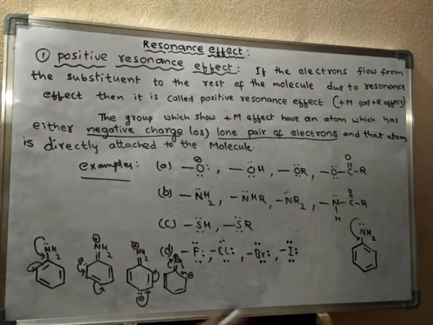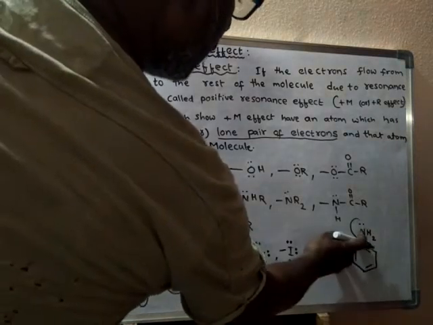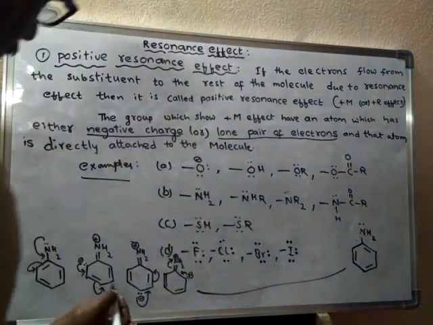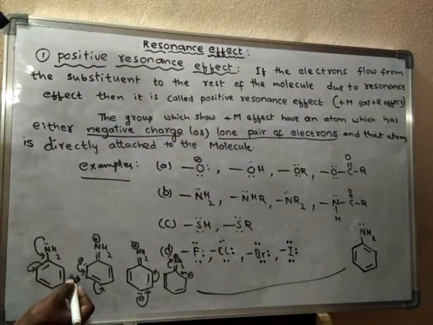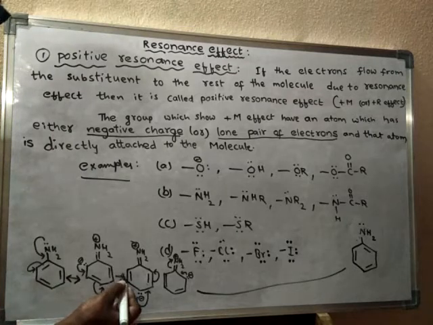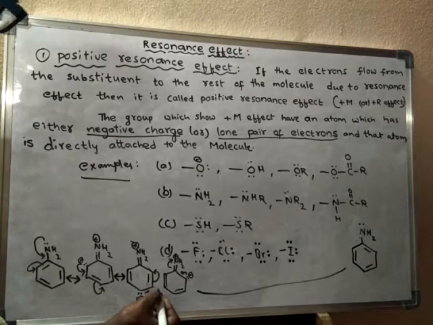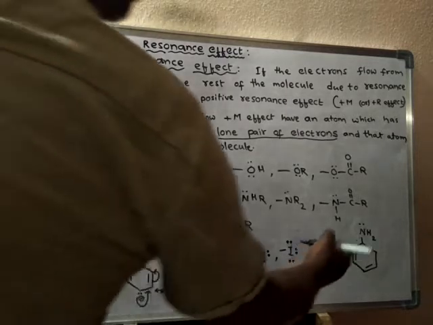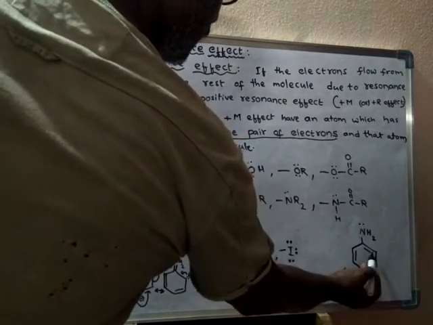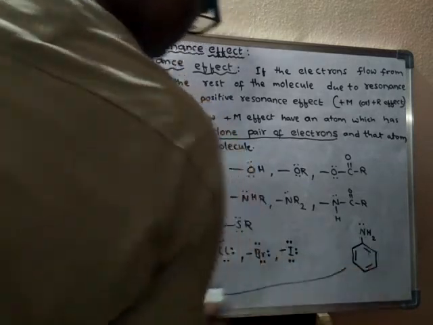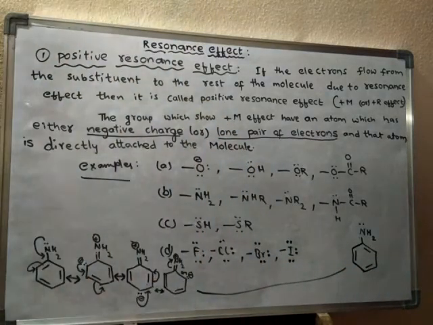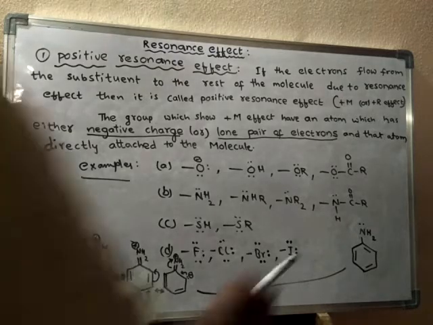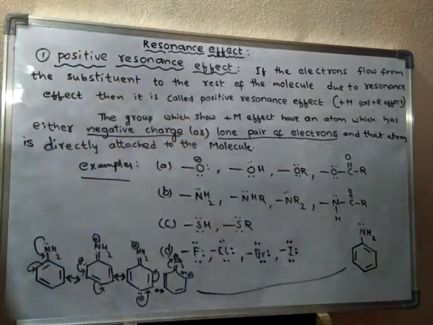Okay, the next bond, finally, so this structure will appear after this one. So actually these are all resonating structures, so we have to put a double-headed arrow between the structures. Okay, right. So finally what happens? Between these two carbons a double bond is created. Like this, electron flow will take place from the group to the rest of the molecule.